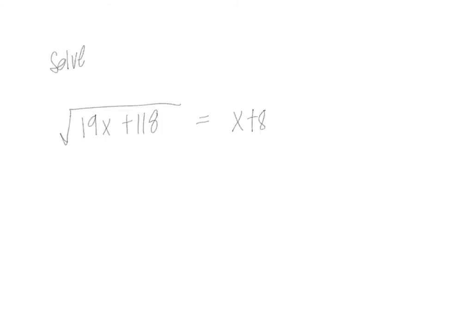So we need to solve for x, and that's great and all, especially with this right side. This right side looks amazing. But on this left side, our x is trapped inside of a square root, right? Well, what do you do when something's trapped? You get it out. And the way you get rid of a square root is you square it. But what you do to one side, you got to do the other. It's only fair. So now that I've squared that left side, we don't have a square root anymore, and we just have 19x plus 118 equals,